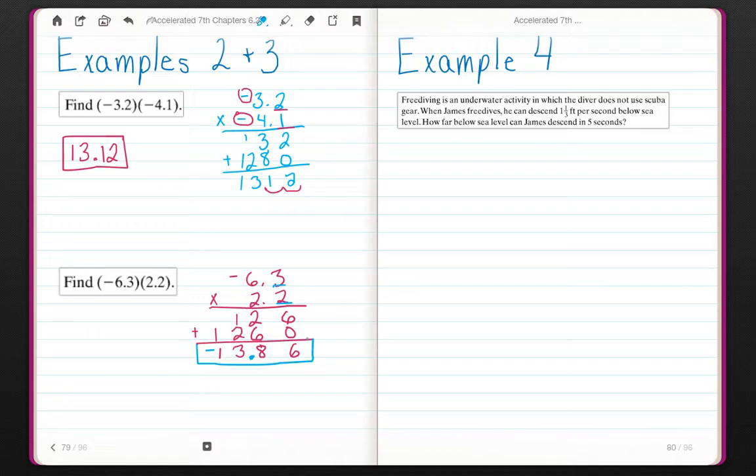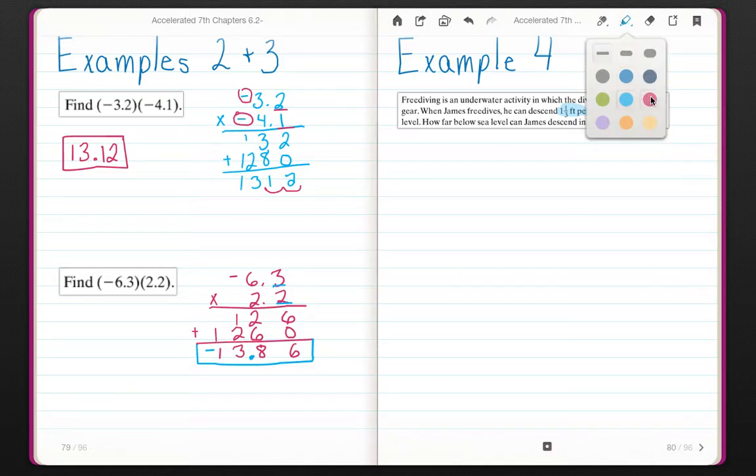All right, example 4. Free diving is an underwater activity in which the diver does not use scuba gear. When James free dives, he can descend 1 1/3 feet per second below sea level. How far below sea level can James descend in 5 seconds? Okay. Descending means a negative. So negative